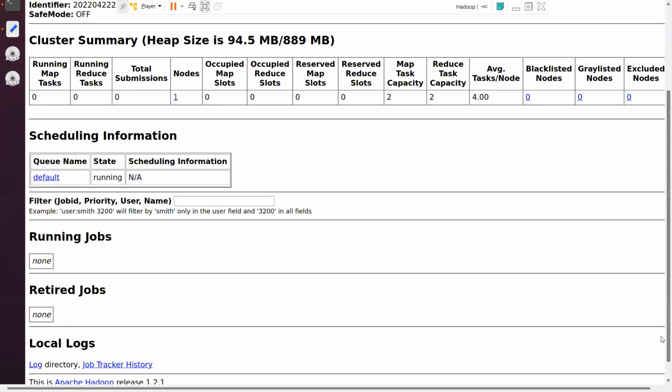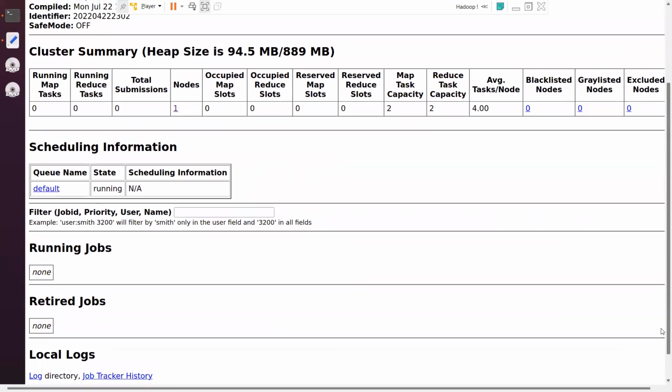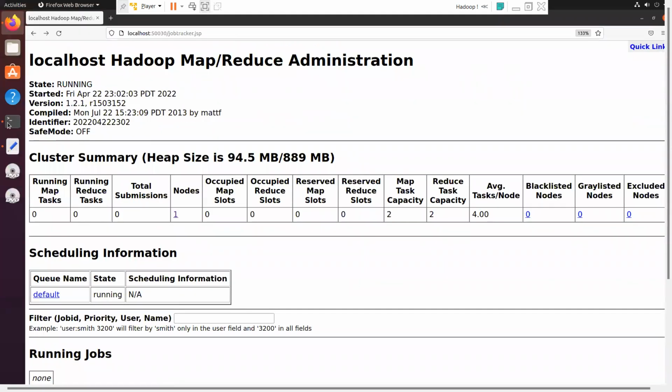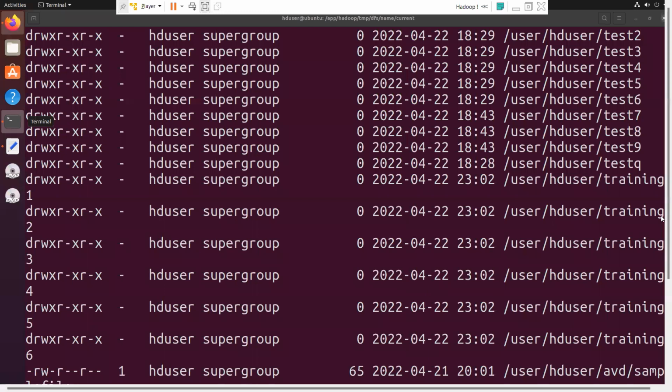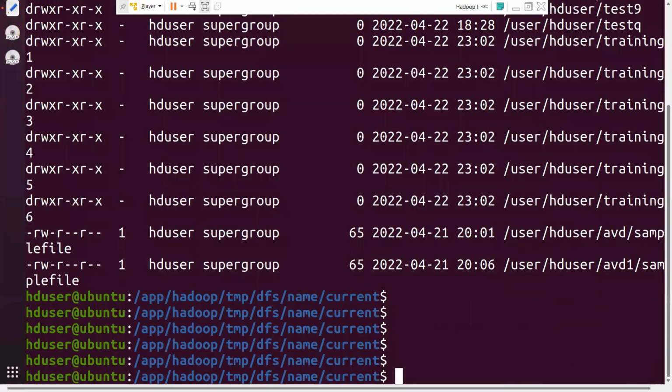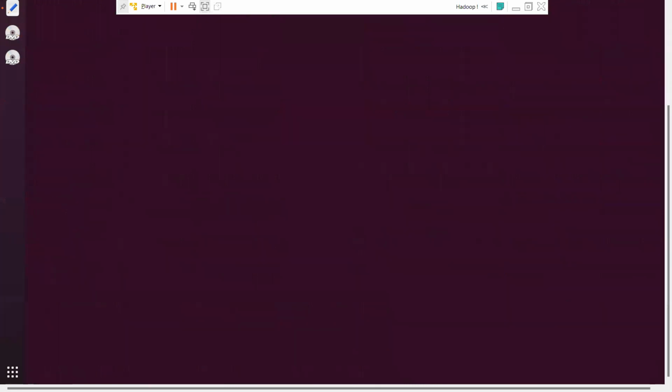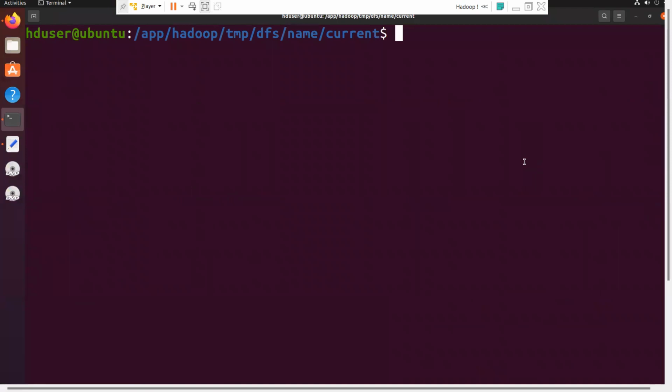Now let us submit one job, means one program, right? In the introduction classes, I told you 3 modes of installing Hadoop. What are the 3 modes? Standalone mode, pseudo distributed mode, and fully distributed mode. In standalone mode, as we discussed, it is for testing purposes. We will simply test the framework provided examples, right? Now here, if you see,